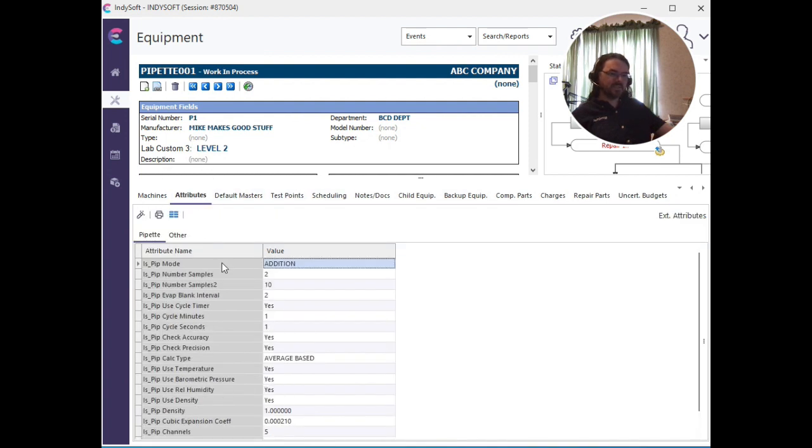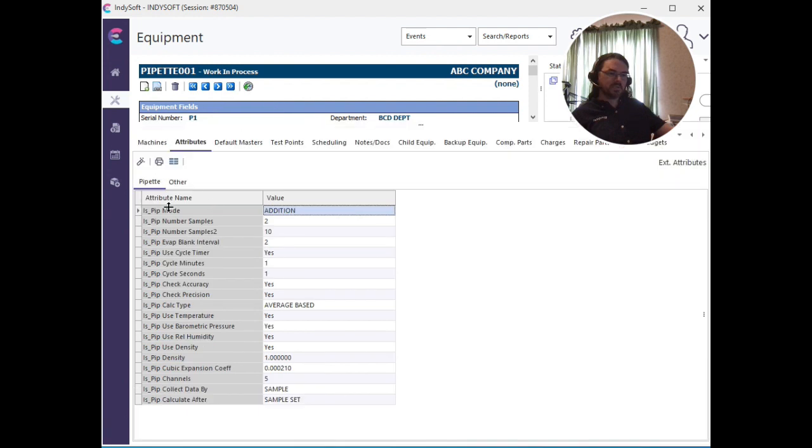And so you can see here I've got a number of attributes. We've got the mode, number of samples 2, and so on and so forth. Everything's very nicely structured, works well, great. And back in the day, the configuration of the balance was associated with the user, not with the balance itself. When we started going to the balances, then